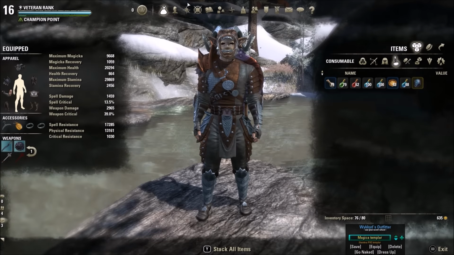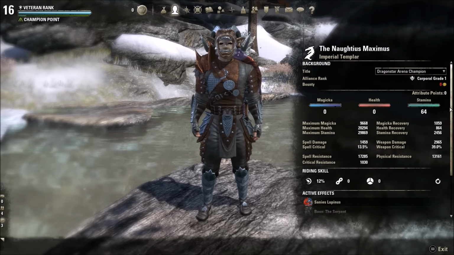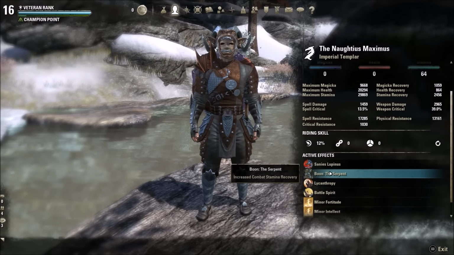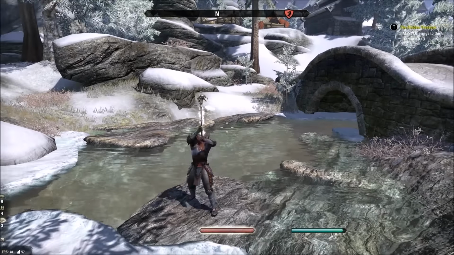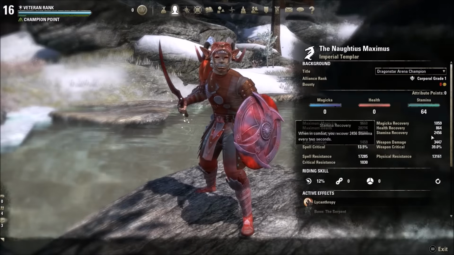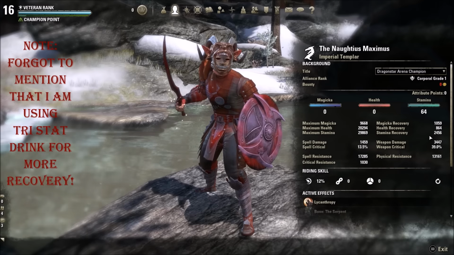with this build. So I'm just going to go into the attributes and show you here that I have 64 into stamina, and I can just show you my damages and my boon here as well. I'm using the Serpent for more stamina recovery. Let me just buff up so you can see the buffed weapon damage on both bars in the attributes here on the character. So my recovery on the front bar is my sustain bar, and it has